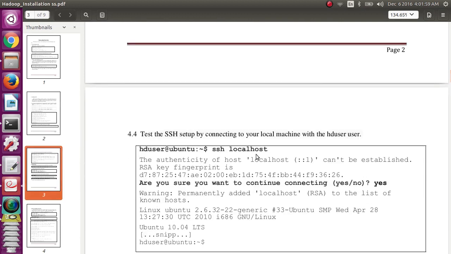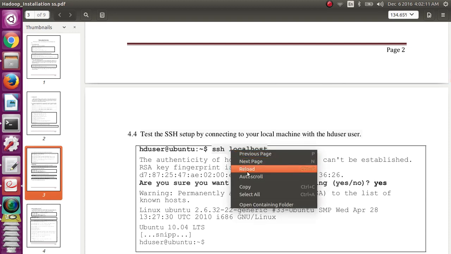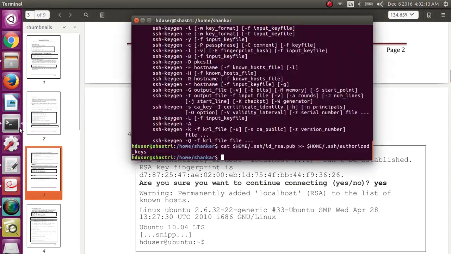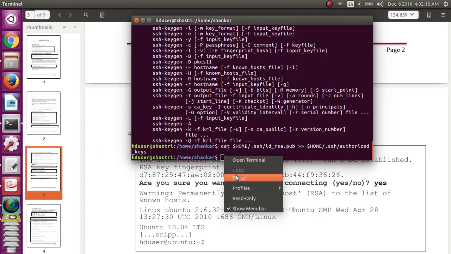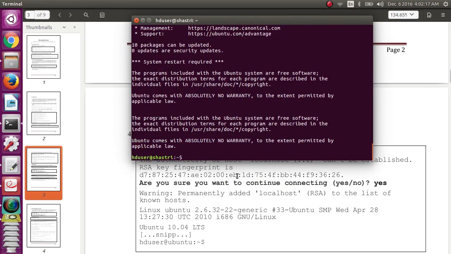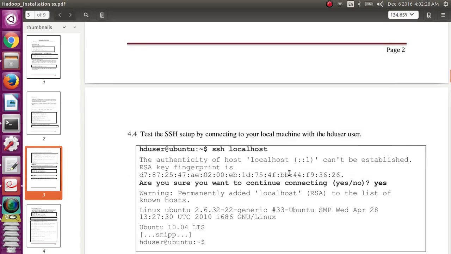Next, test the SSH setup to see whether it is successfully configured for your local machine with the user HD user. That can be executed with the command ssh localhost. That is also successful, meaning SSH, the secure shell, works for both server and client on the localhost.